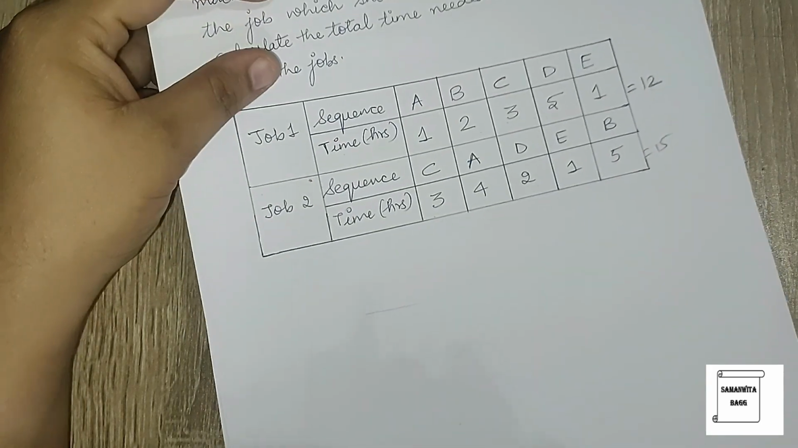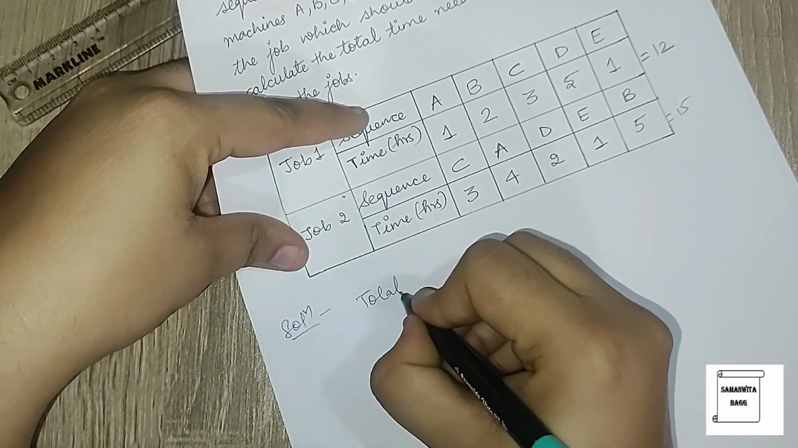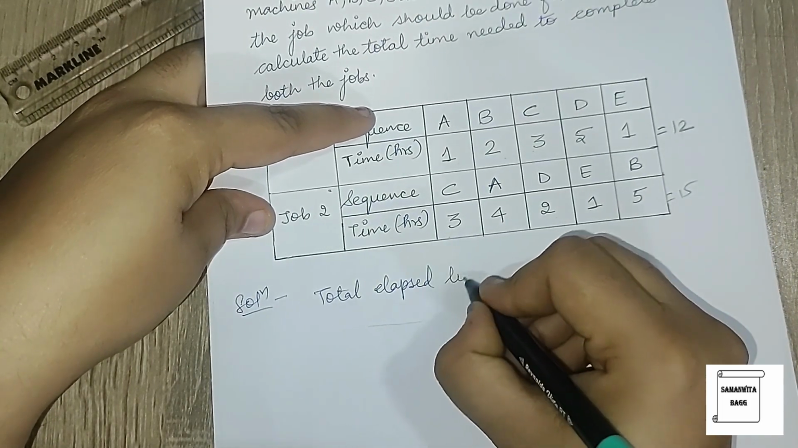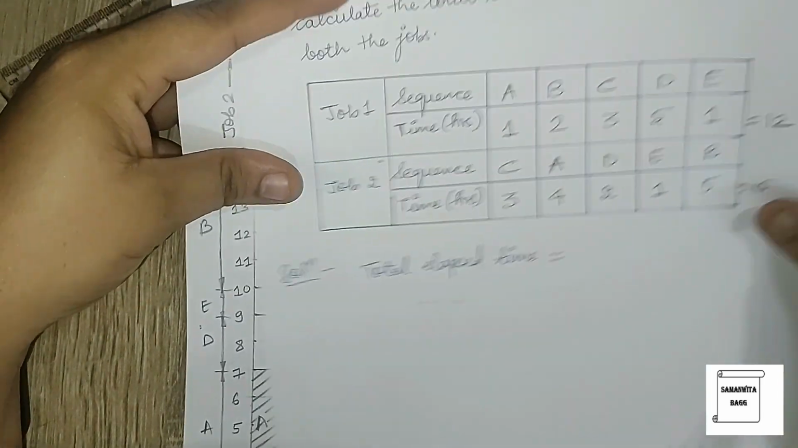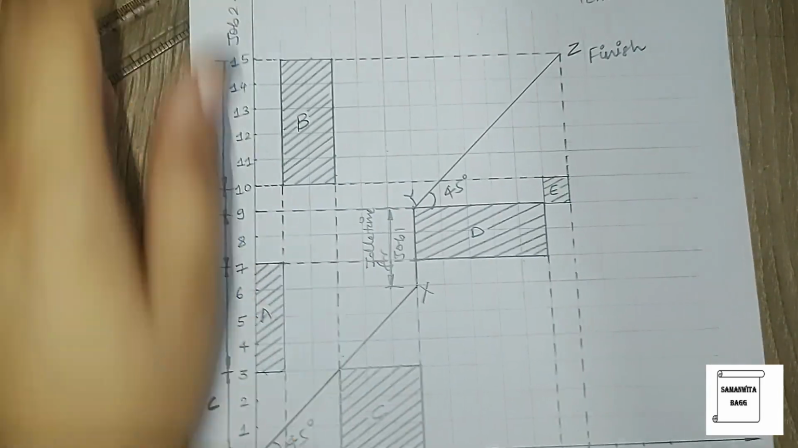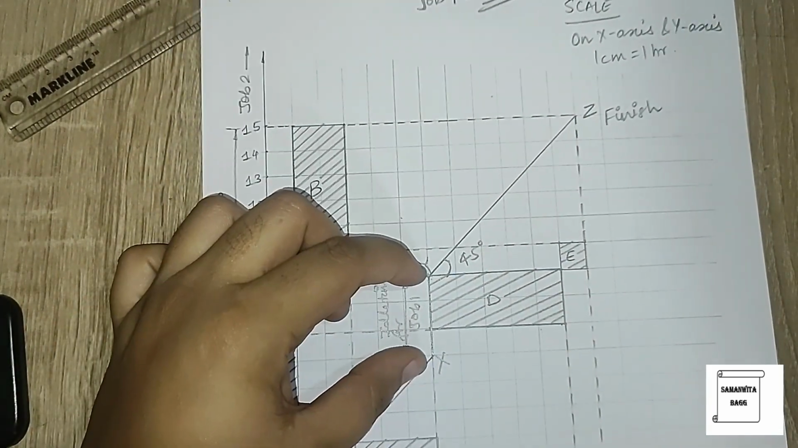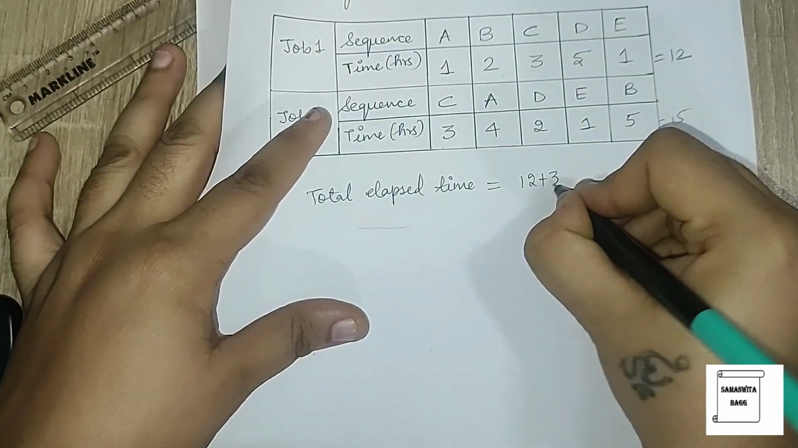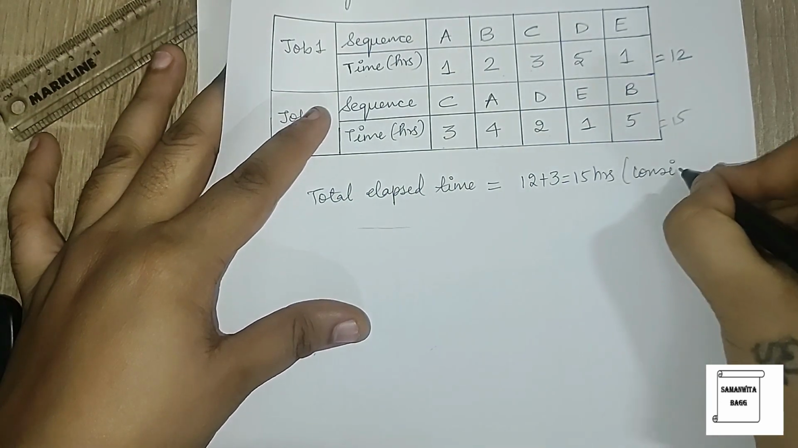So I will write here total elapsed time is equal to, when you look at job 1, you can see that it is taking 12 hours plus it has idle time of 3 hours. So the total elapsed time is 12 plus 3, that is 15 hours. This is considering